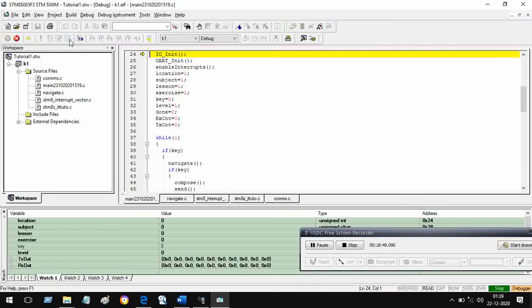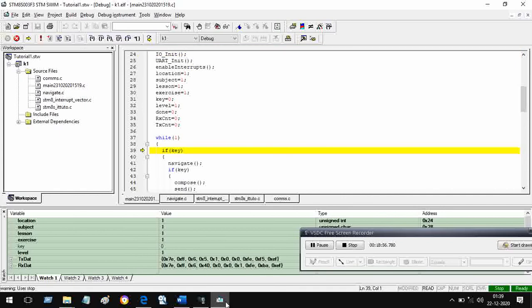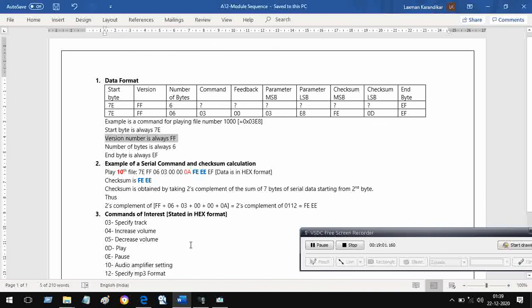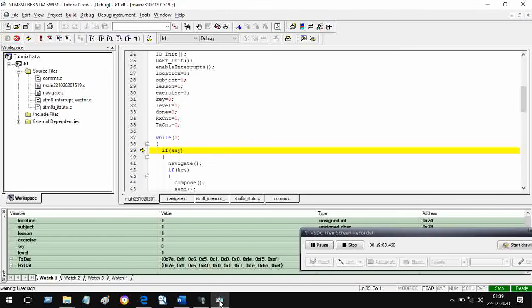I run it and I press this key and I stop to check what has happened. I get 5, which means what? 5 means decrease volume. So this is key number 6. Now I press key number 5.